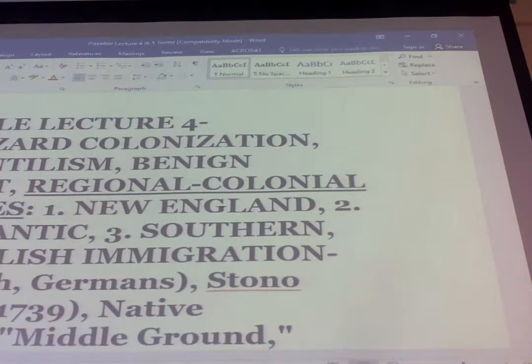So for example, Jamestown, as we mentioned, is founded in 1607. Well, Georgia, the colony of Georgia, is not founded until 1733. So just in terms of when they are founded, there's a 126-year gap there. Well, of course, these places are going to look different. They're founded over a century, more than a century. They're founded in different places. They're founded by different people. And so I think all of these factors will contribute to the fact that this is a haphazard process of colonization. For the English in particular, with whom we are now interested in.